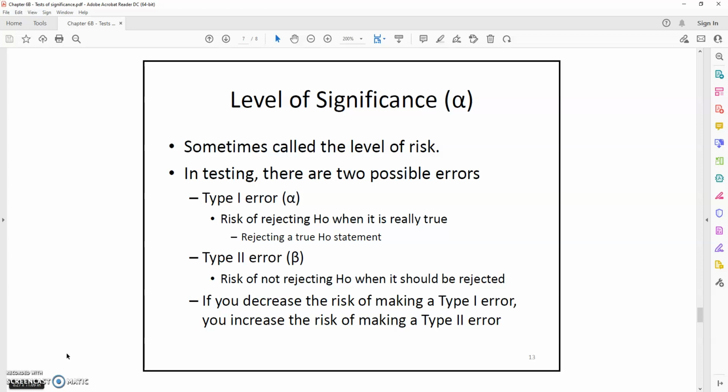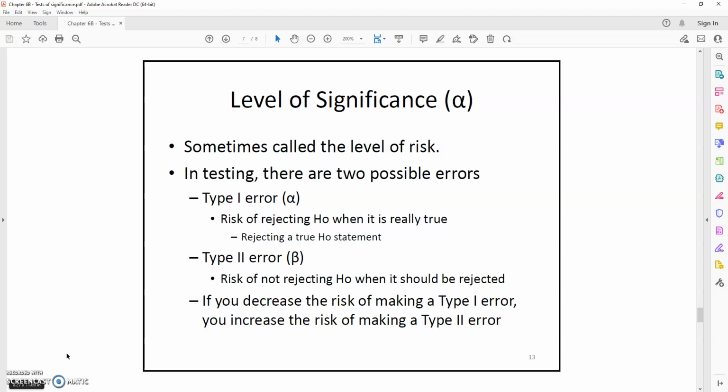Just remember that it is rejecting a true null statement. A type 2 error is the opposite. It's controlled by other matters, other variables, and other items that we're not going to go into in this course. We're going to learn how to control a type 2 error by perhaps changing some of the wording. So a type 2 error is the opposite of a type 1 error. So on the exam, you'll have to know,